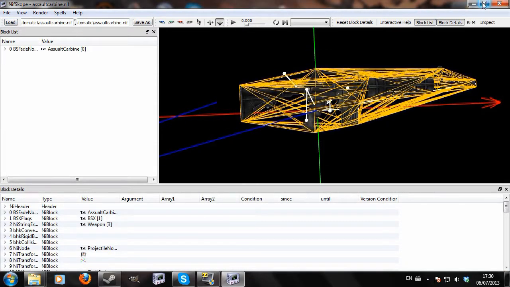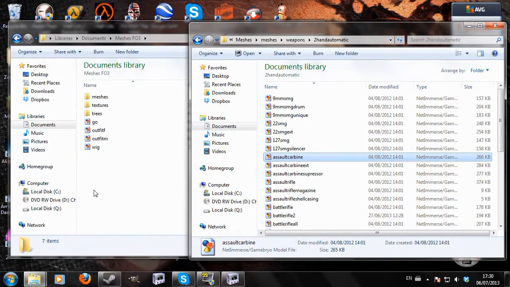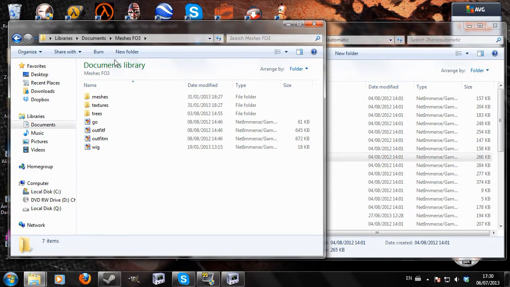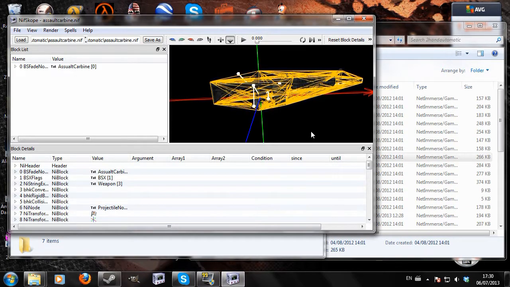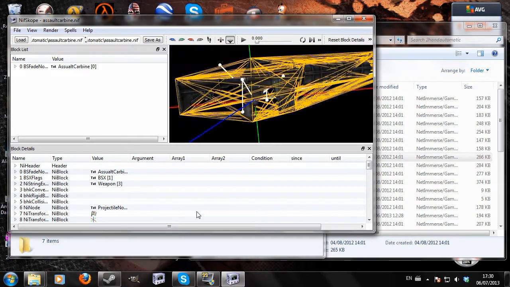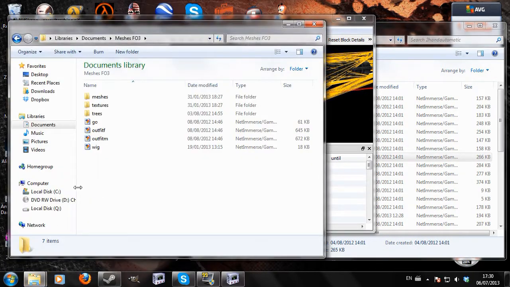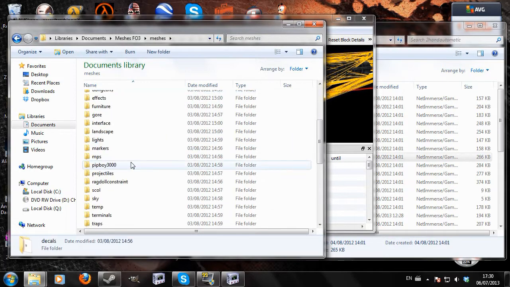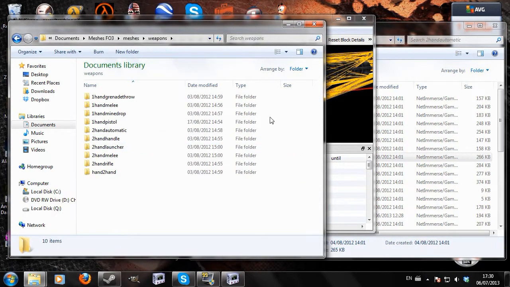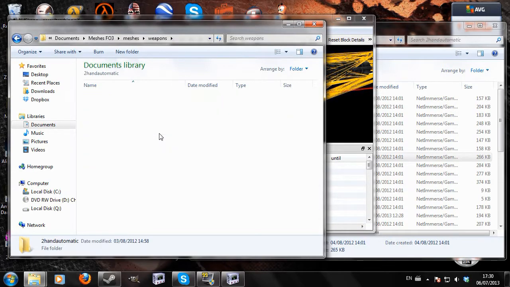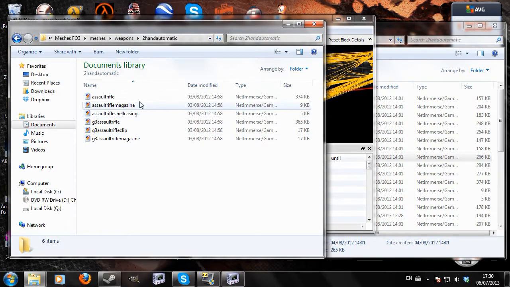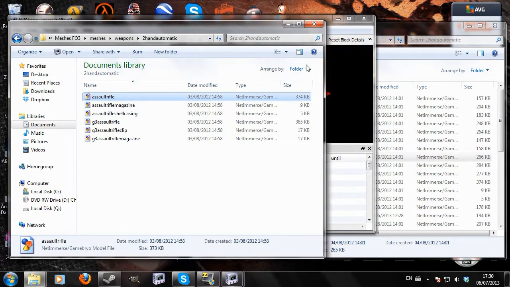Next up, the reason I've said you should open your Fallout 3 meshes is because we're going to find a weapon that has a similar magazine to the one that we're using here, and one whose reload animation will kind of suit. So for this, we're going to use Meshes, scroll down to Weapons. All these are automatically sorted when you extract. You'll probably have discovered that yourself by now. Two-hand automatic and assault rifle, which opens up the